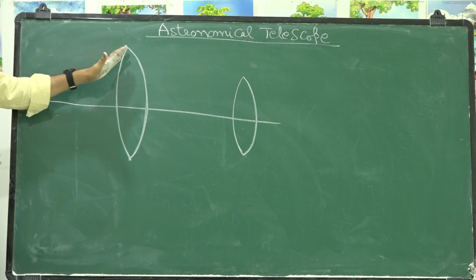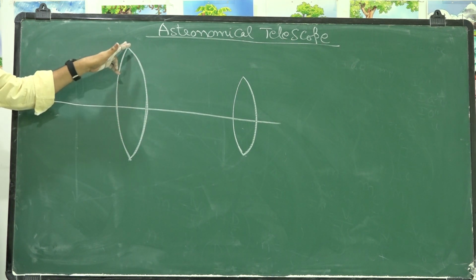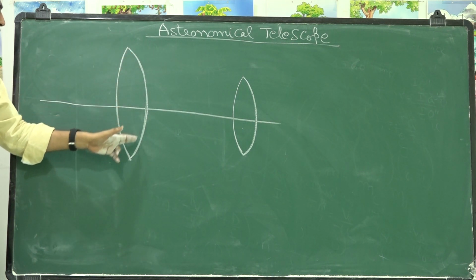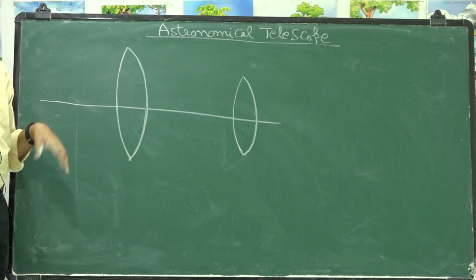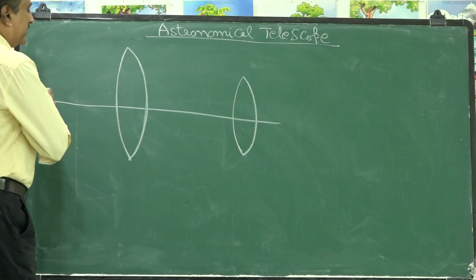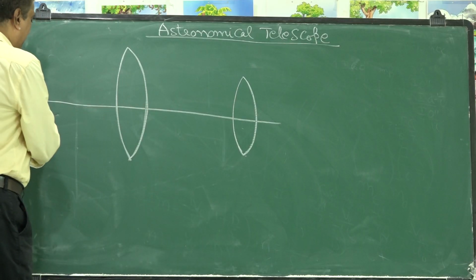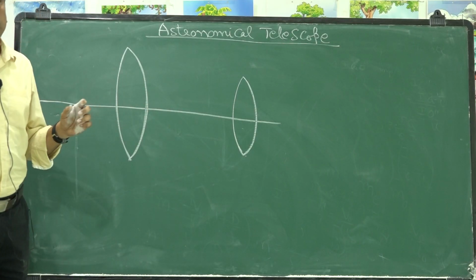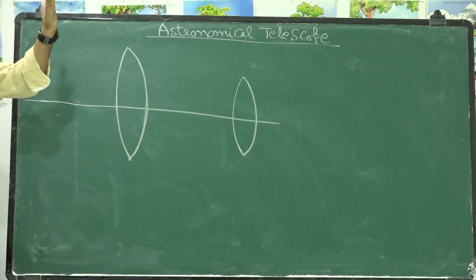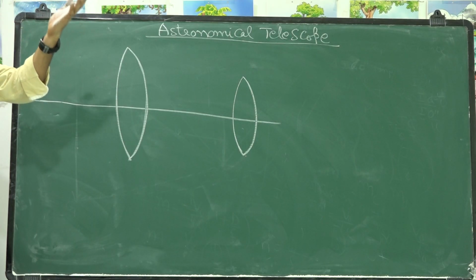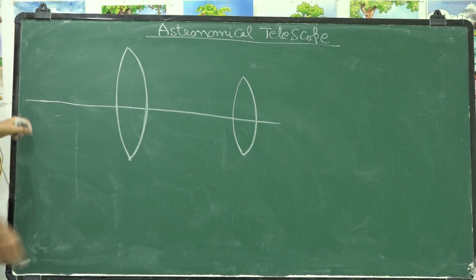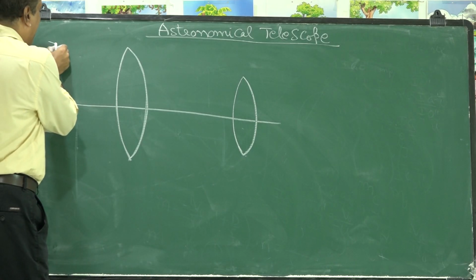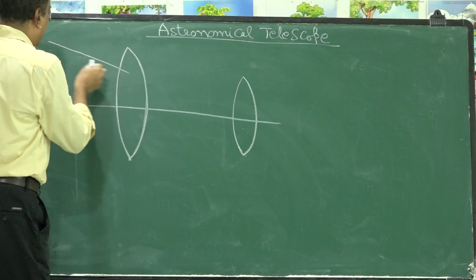That is why we take objective lenses of larger aperture and larger focal length. Okay. Now, these two are held coaxially. As we know, when the object is at a larger or infinite distance, the light rays coming from that object will be parallel. So, parallel rays from a distant object are incident on this